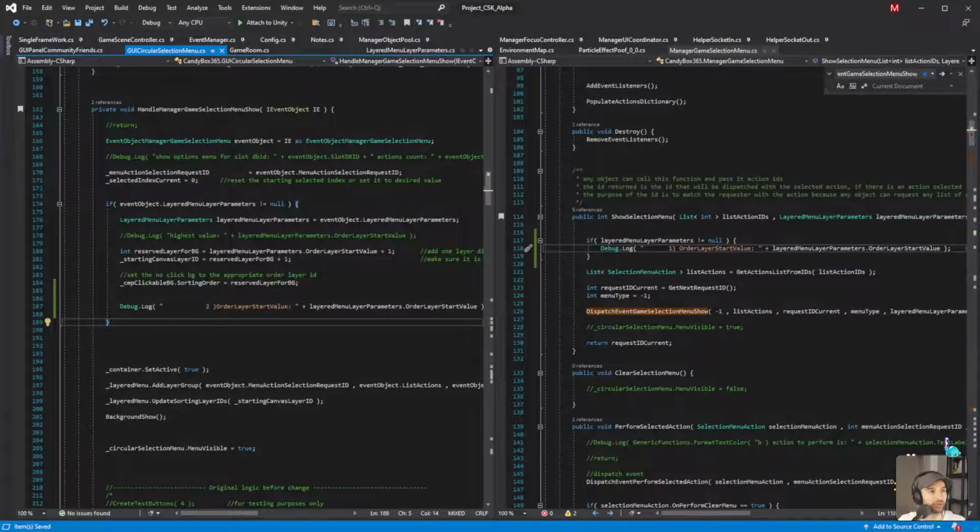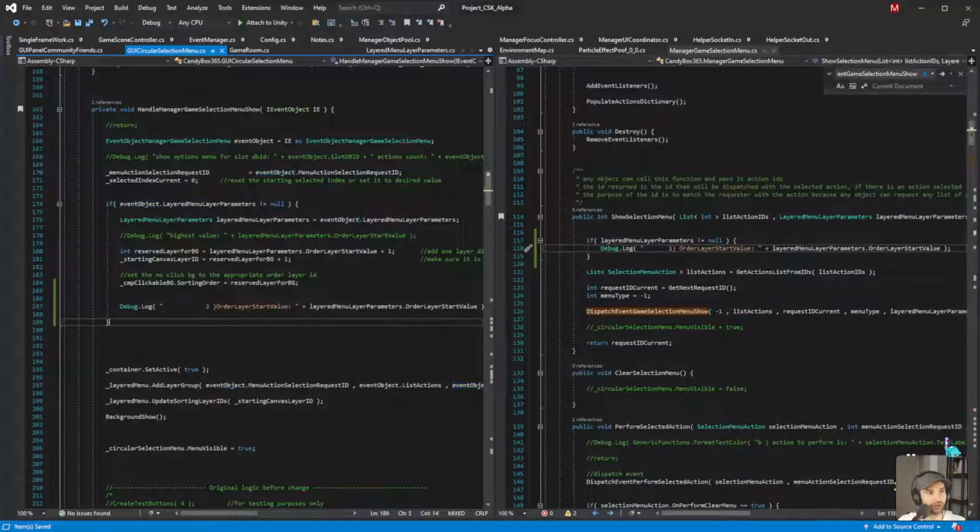That means at this point, no. If layered menu parameters is null, if it does not equal null, get it.